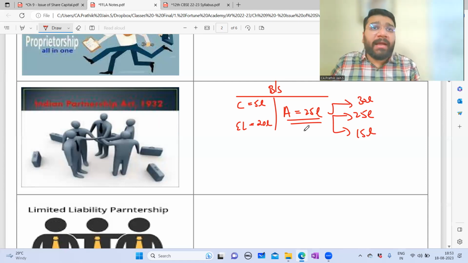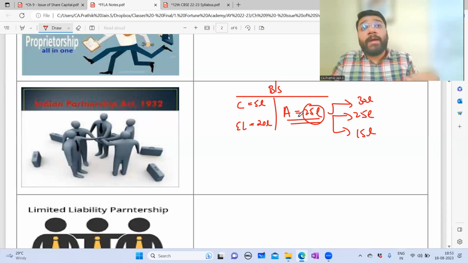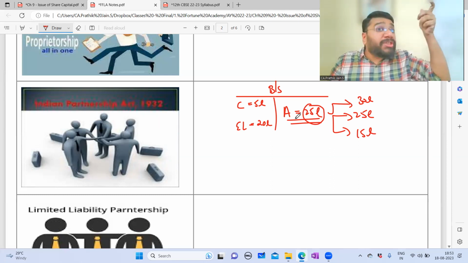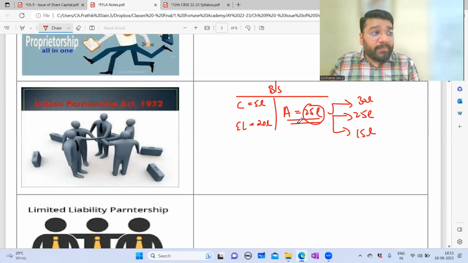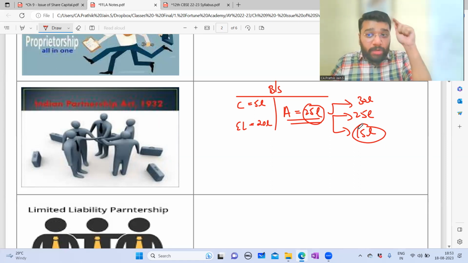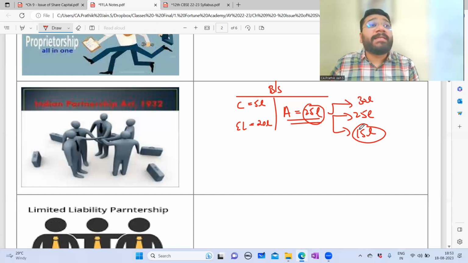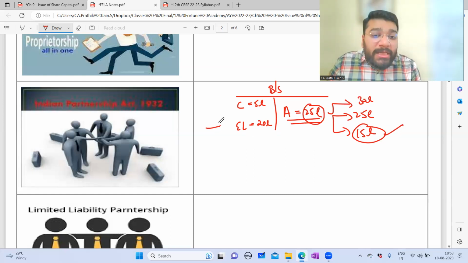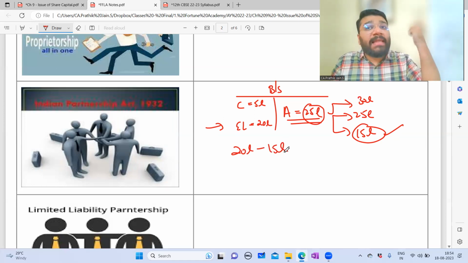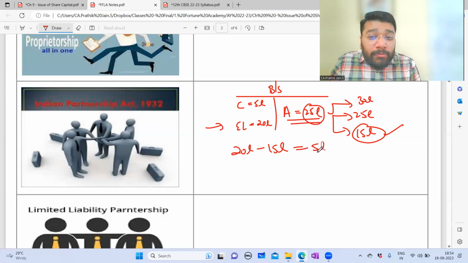When you go and sell assets in the market, do you think the book value of the assets that you have quoted in the balance sheet, the same value will be fetched? There's no guarantee. You might get the same value, or more value, or less value. Imagine a scenario. The assets you're willing to sell only fetch 15 lakh rupees in the form of cash in bank, which means 25 lakh worth of assets in your books, when sold, only realized 15 lakh rupees. How much money is there in your hand? 15 lakh rupees. What is my external liability? Let's say this external liability is the bank loan. 20 lakh rupees is the bank loan. In that, 15 lakh rupees I have settled by selling all my firm's assets. Still 5 lakh rupees is unsettled.